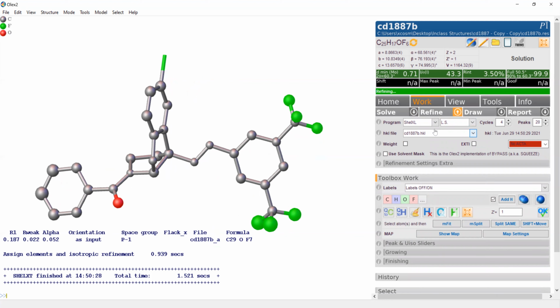So now I'm going to go to refine. Again, if you're using SHELX, we use SHELXL. It's always good practice to put the ACTA on. So we'll click ACTA, and that way it creates your CIF file each time you refine. Number of cycles, however many you want. I like about 5 or 6, so that it converges in a timely fashion. Peaks, you can set to whatever you like. Most of our atoms are assigned. So now if we click refine,